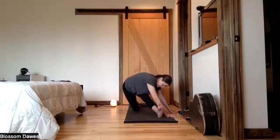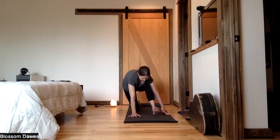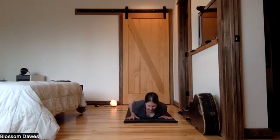Slowly breathe one more time. Release to your belly. Ground your pelvis, rocking side to side. Widen your feet and ground the tops of them. Lifting up to do our